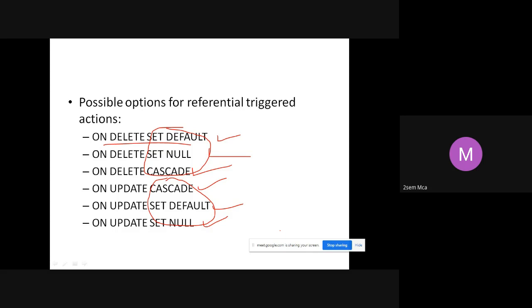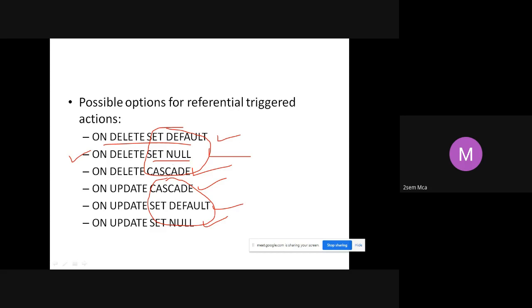Or you go to the student table and try deleting S01 there. S01 is a primary key there, fine, but it acts as a foreign key in the borrow table. Since it is acting as a foreign key in the borrow table, you cannot simply delete it in the student table. So on delete set default means I will have to set some default value for that. Or on delete set null means if I delete this S01 student in the student table, I have to set that value as null in the borrow table so that it will not be accessed anymore.